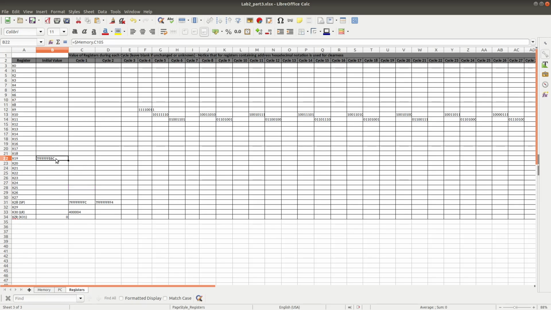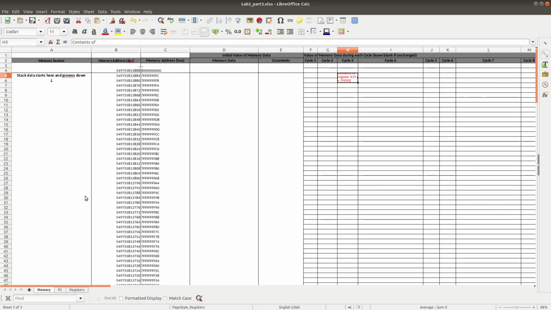This value FE6C, so here it should be 5F and then FE6C.